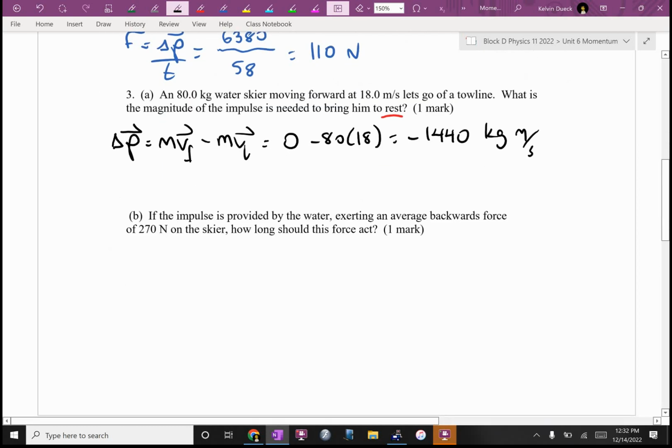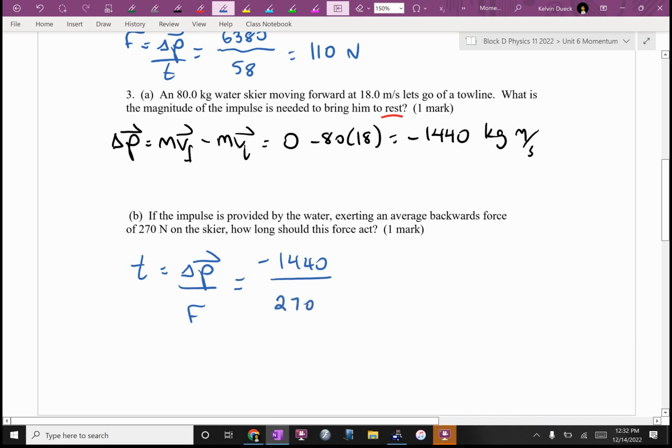Noor, what's B asking me to find? It's asking me to find T. Don't write this down. Look up. I would have no problem if you went, there's enough that you can find A, I think, with a bit of cleverness, or you can find whatever you need. I'm going to use the impulse equation. I'm going to look at T equals impulse divided by force. One line. It's going to be negative 1440 divided by, now if I divide by 270, I'll get a negative